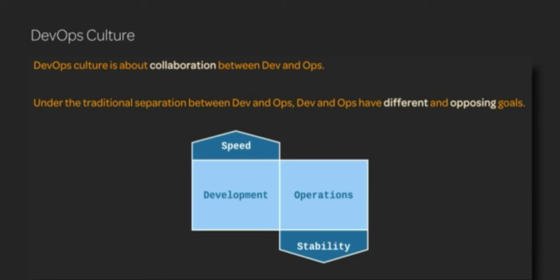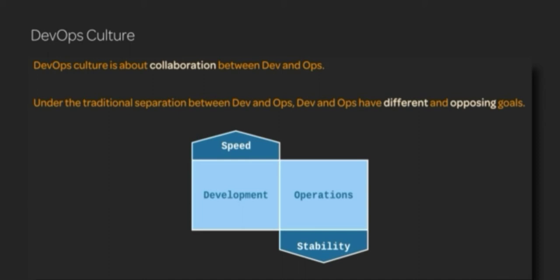These two goals end up becoming in opposition to one another because one of the worst things for stability is changes. Every time you change the system, you introduce a risk of instability. So operations is trying to maintain stability, while the development team is trying to deploy as many changes as possible. In order for them to deliver features into the hands of customers, they have to deploy changes. And every one of those changes introduces a risk for stability. So these two goals are in opposition to one another.